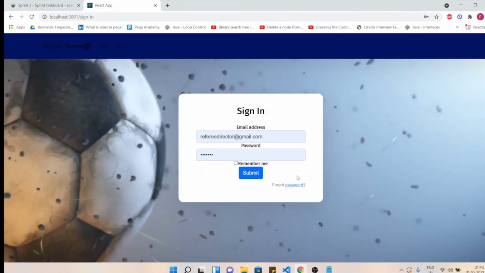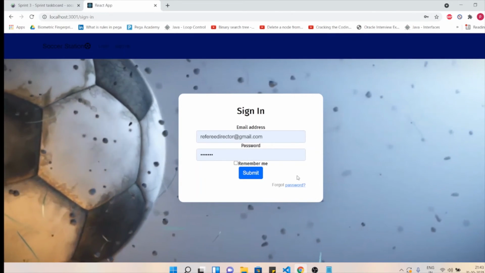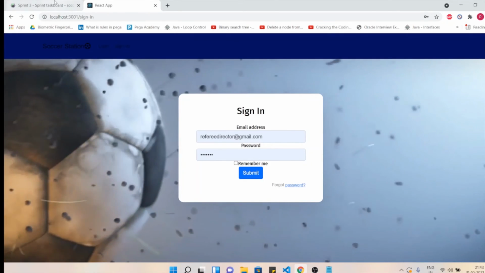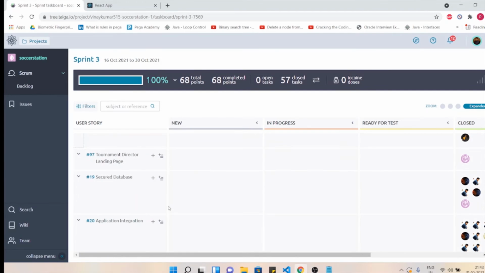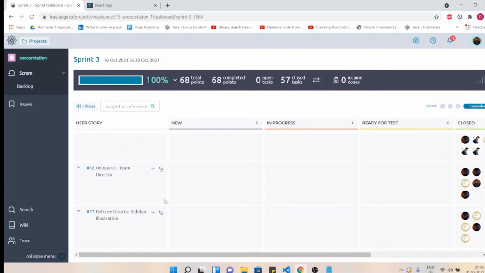The next role that we have implemented the landing page for is the team director. The team director was mainly worked on by Paul, the UI, and also all the tasks were researched and helped together by Akhil, Rohit, and Paul.